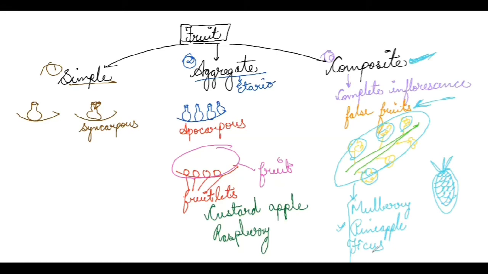Now there is something more for me to discuss about the simple fruit. We have to classify simple fruit more over here. But before moving to its classification, I want you to remember one point, that ficus is a composite fruit, because later in this video I'll talk a bit more about ficus plants or ficus trees. Clear? So now let's see the classification of simple fruits. These simple fruits classification is as simple as their name. Here, nothing much is there.